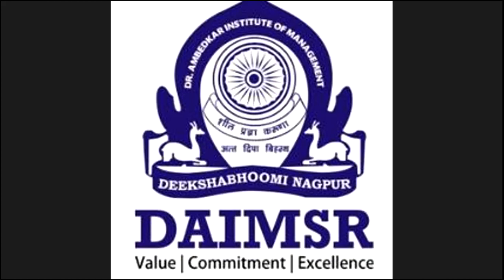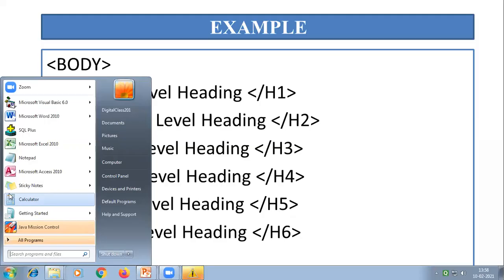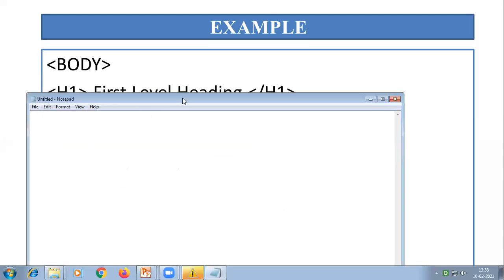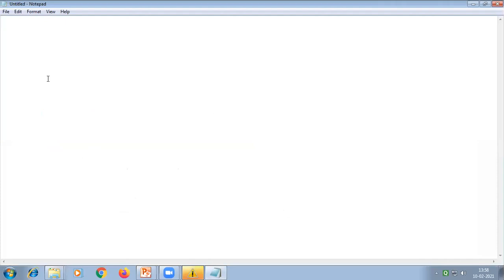So I'll be doing it practically, and in that practical, we'll be seeing how to make use of this heading tag. So what we can do here is we have to write the same program that we have written there. So the first tag is the HTML and second one is the head tag. Now under the head tag, I want to place one title, and let me write the title name as program using heading element. So in this way, we will be writing the program.